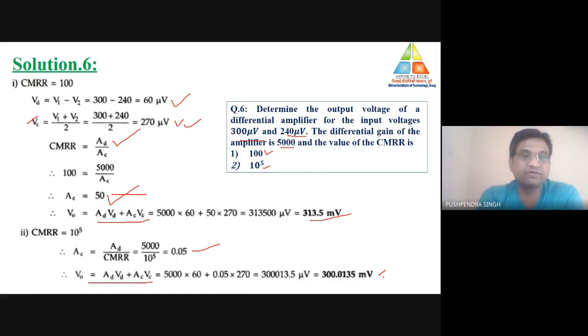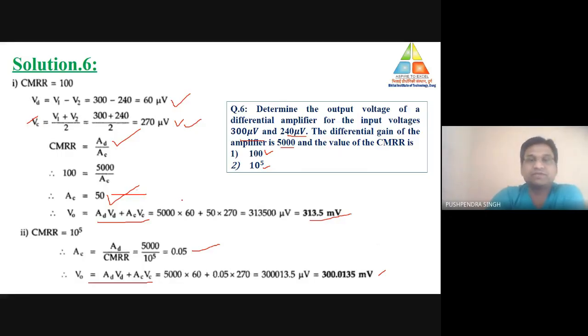And if we need to calculate the maximum frequency or power bandwidth, you may do so by reformulating the equation of the slew rate, where F will be nothing but slew rate divided by 2 pi into Vm, where Vm is the maximum voltage. So please don't forget to calculate the value of Vm if the input voltage is given in the form of peak to peak voltage. Why? Because Vm is nothing but half of the peak to peak voltage. From there you may easily calculate the slew rate and the maximum frequency.